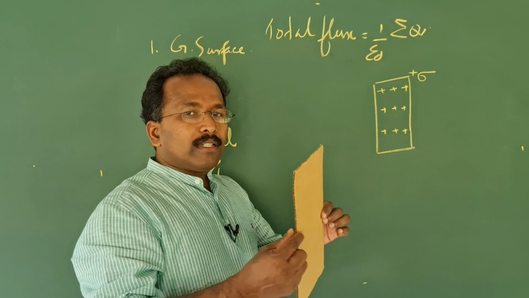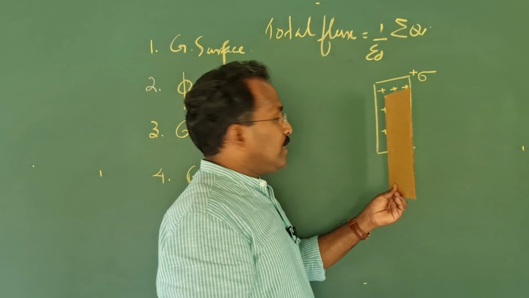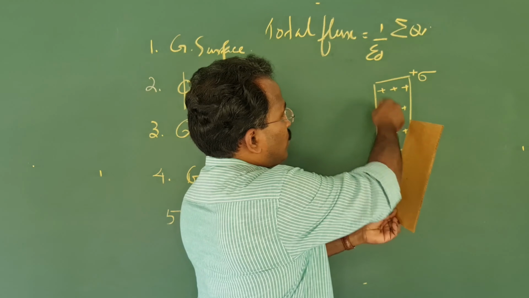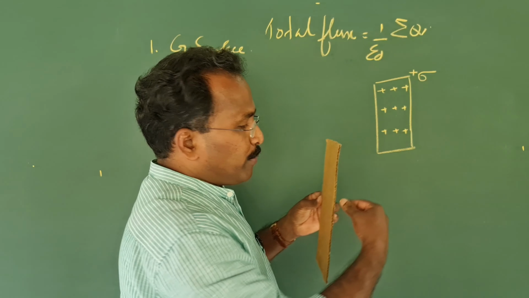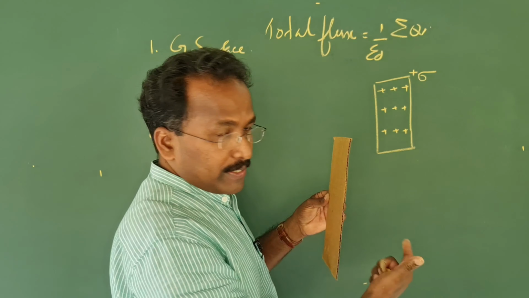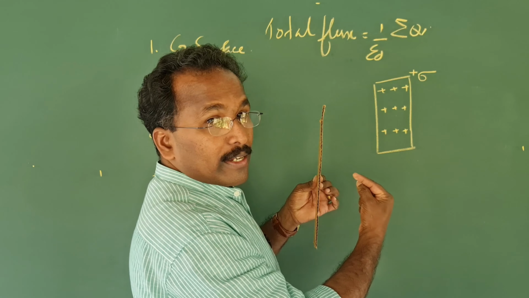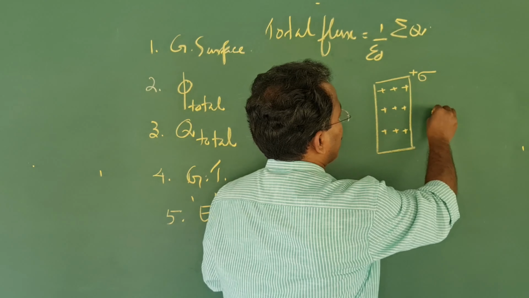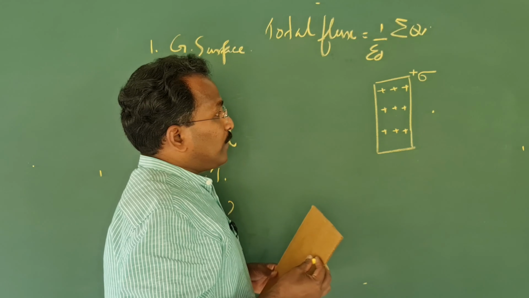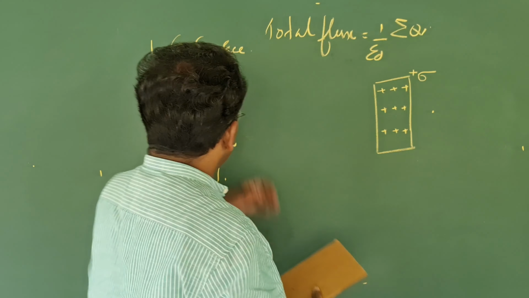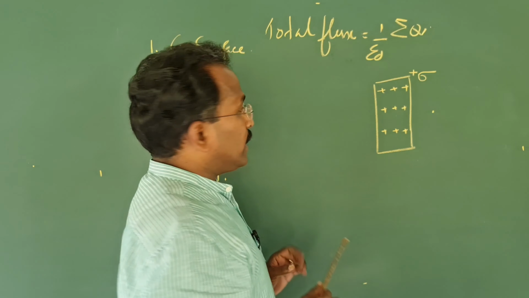So this is the situation we are trying to picturize there. You have a conducting sheet like this, it is drawn over there, and if you give charge to this, it produces electric field on both the sides. So how much is the electric field at some point here? Say at this point. That is our task. And for finding that electric field, we are going to use the same 5 steps again. See how we are doing that.